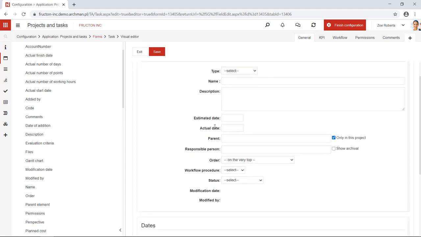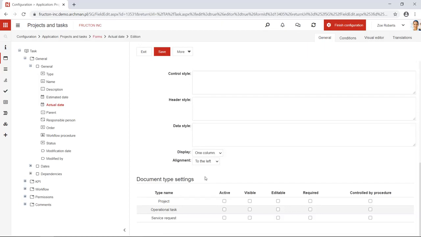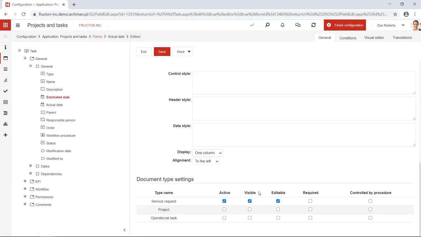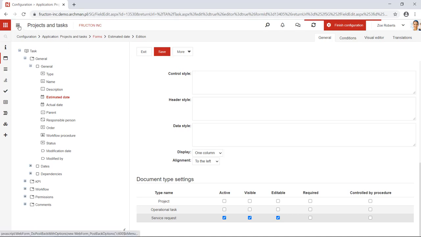All right. I will quickly go to edit, and this actual date and estimated date would be used only for service request. Okay, so I'll make that visible only and editable only for service request, and also estimated date for service request only. Okay, I've got it ready,